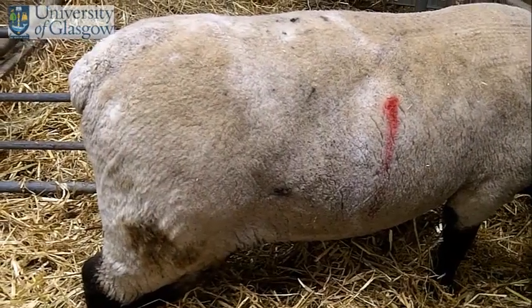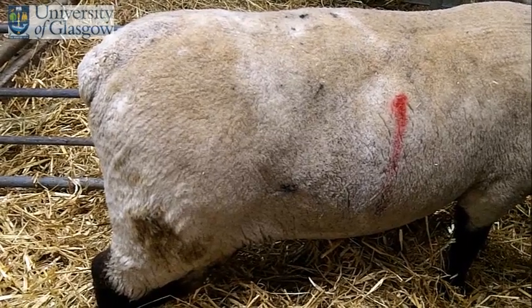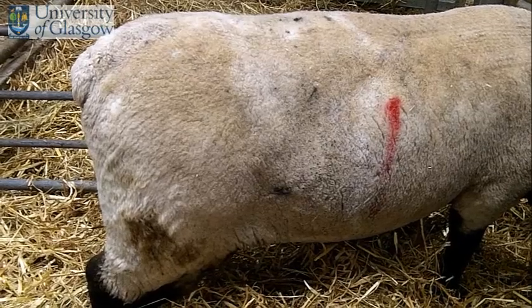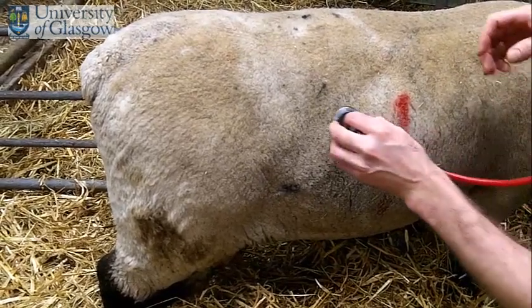And on the right-hand side, again you're trying to listen for gaseous distension. So that's potentially increased gas in the small intestine or cecum. And it again is similar to in the cow, where you are pinging